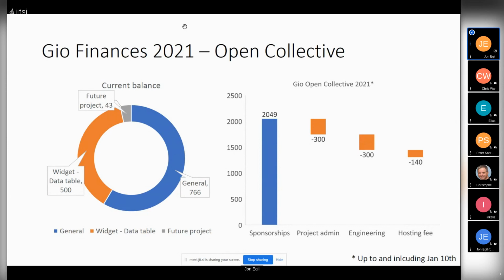I don't have the details on those. Those are personal sponsorships of Elias and Chris. That's totally fine. So what I'm talking about here is the Open Collective portion of it. I pasted in chat the link for the page. I think most of you have been there.